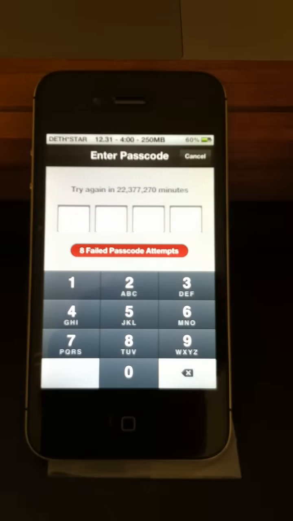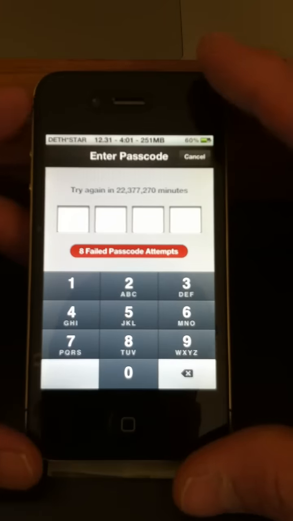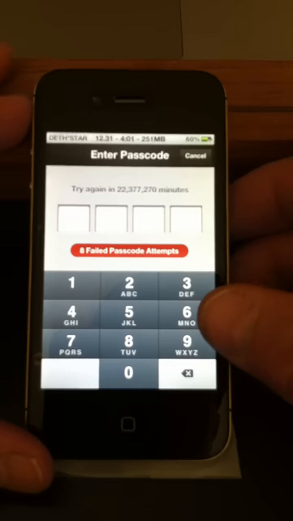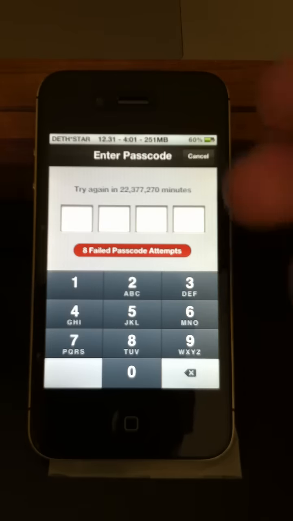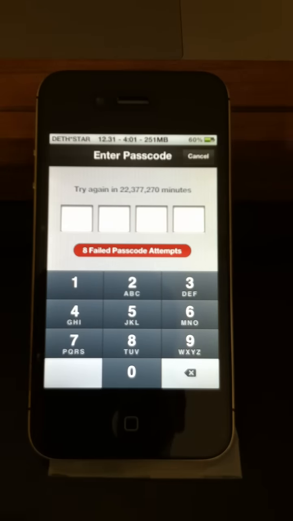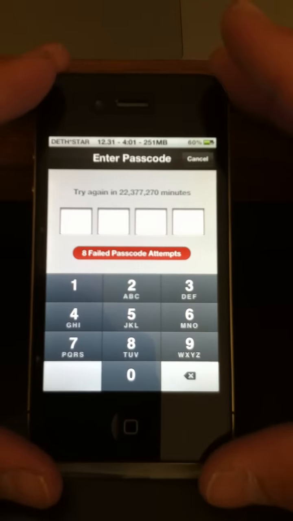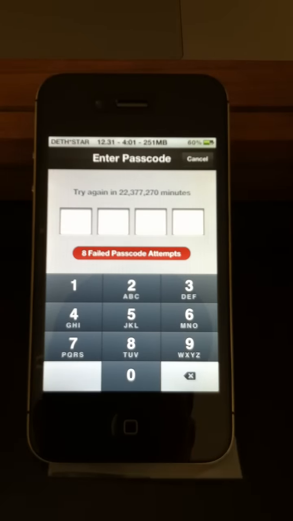I understand the safety features. We don't want to have our phones vulnerable to things like this, but there's a lot of situations where, like me, I am the owner. I'm recording. I have two iPhones. I'm recording with one of them, but this is my phone. I purchased it. Somebody set the code, and I don't know who. And I don't want to have to go and do a full restore and lose a lot of my data. Then I got to re-jailbreak it. Then I got to re-enter all my apps that I got from Cydia. I mean, it's just a huge pain. There should be a way that we can retrieve it,